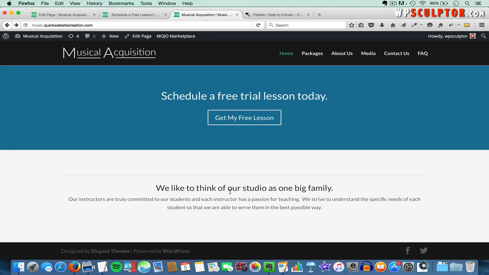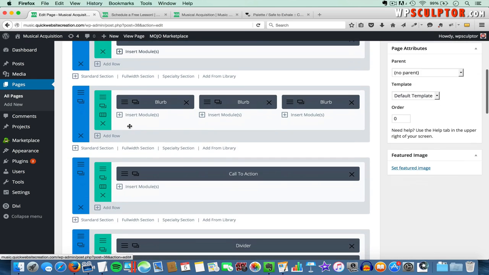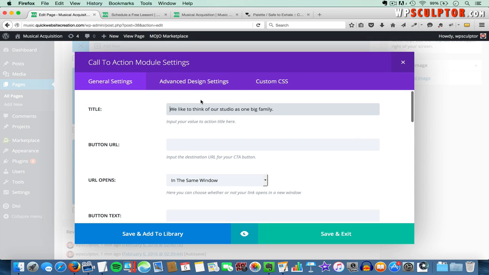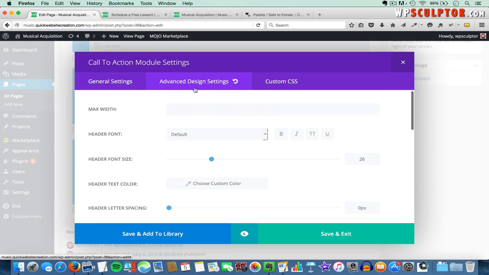Now, the next thing I want to do, actually, you can see how the top line of text here is a lot wider than the bottom line. So let's go back and use the max width trick that we learned earlier. So we're going to go back to the back end and scroll down and click on the settings button for the call to action. And then we'll switch to advanced design settings, and where it says max width,